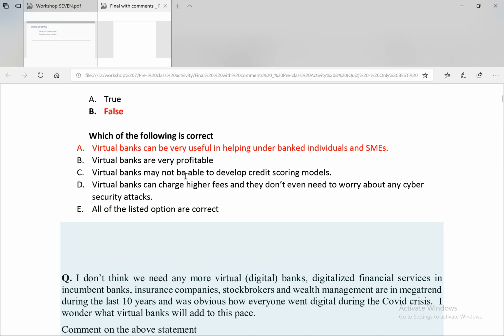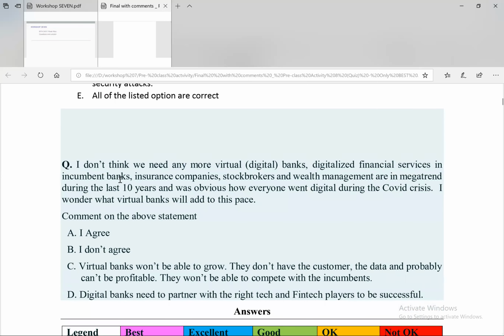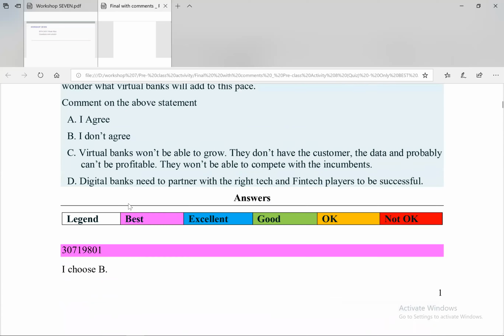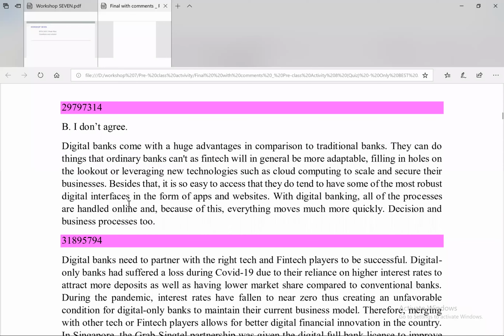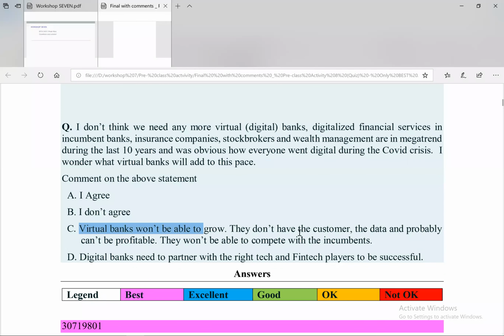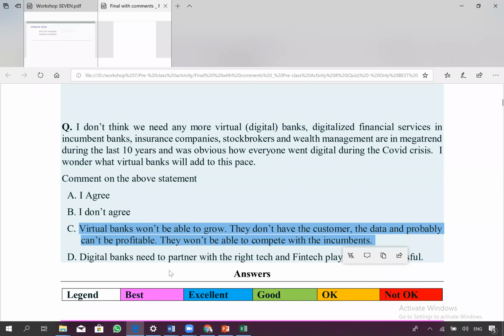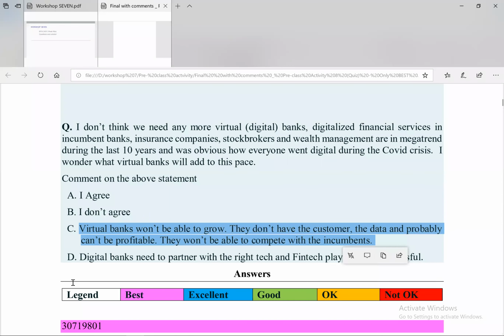Now, for these questions, I like the answers. This is the best answers, by the way. We don't have a lot of this time, but I was actually looking for someone who will talk about this. And this is actually my feelings. Maybe your feelings is different from mine, which is virtual banks will not be able to grow. They don't have the customer, the data, and probably cannot be profitable. They will not be able to compete with incompetence, which is the current, because now as I told you, the